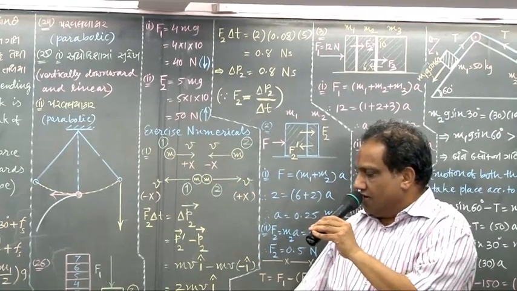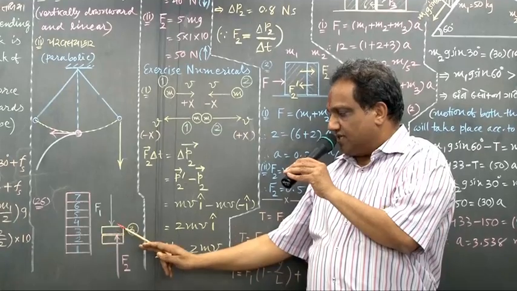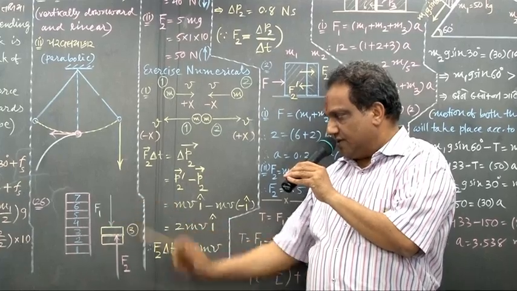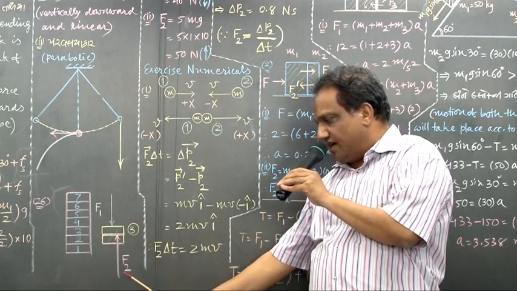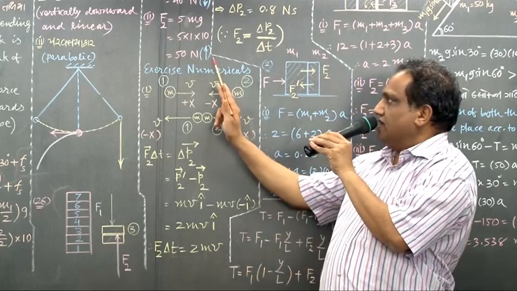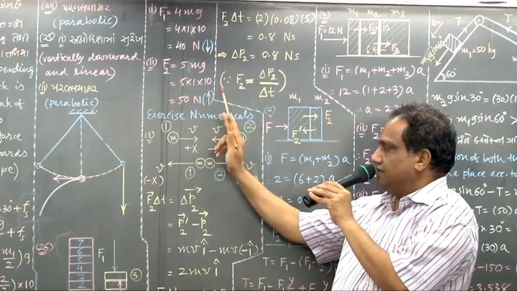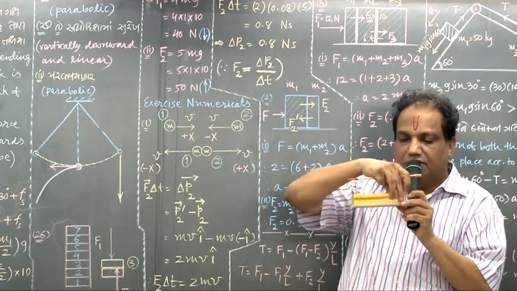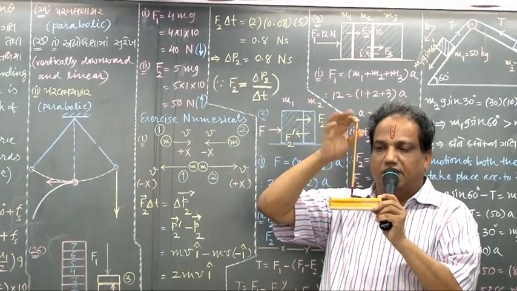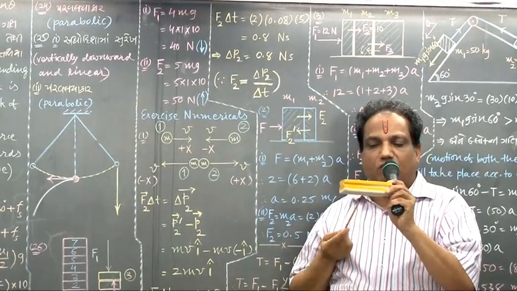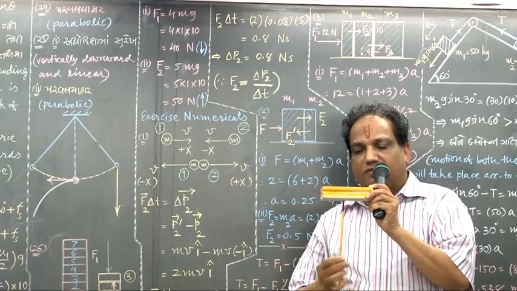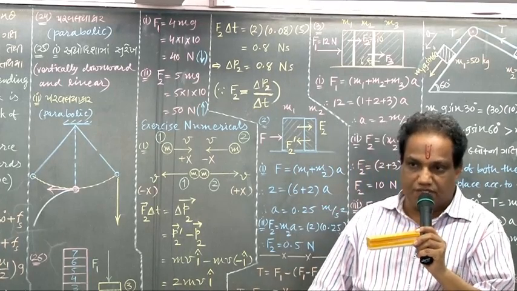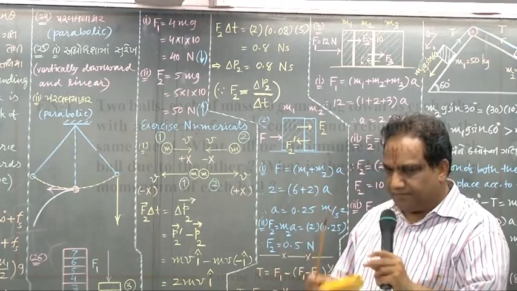But mind well, we were asked to find out the contact forces exerted on the third block. Exerted on the upper face, it is downwards. Exerted on the lower face, it is vertically upwards. That's why this direction is vertically upwards. Correct? So if this is block number 3, then F1 is exerted vertically downwards this way. And this is the lower face of the same block. Now F2 is exerted this way. Correct? Both of them are contact forces. Correct? Next.